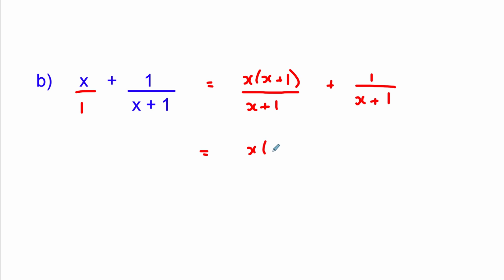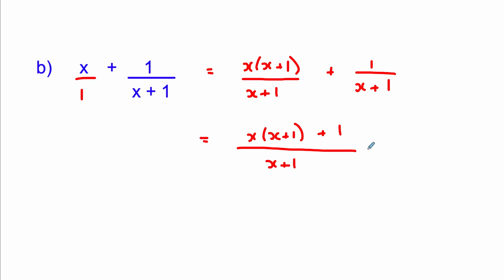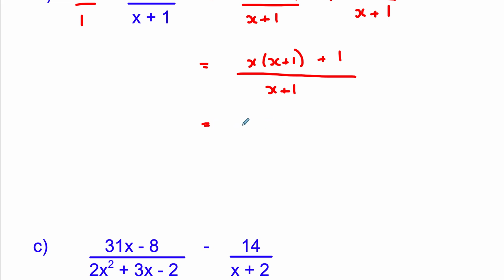Again, bring the numerators together first to avoid any problems with negatives, not that there is any here. It's just good practice to do that. That will give me x squared plus x plus 1 over x plus 1. This doesn't factorise. x squared plus 2x plus 1 would factorise, but x squared plus x plus 1 doesn't factorise,